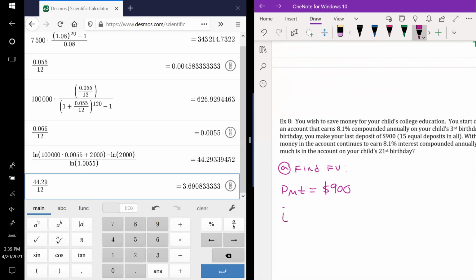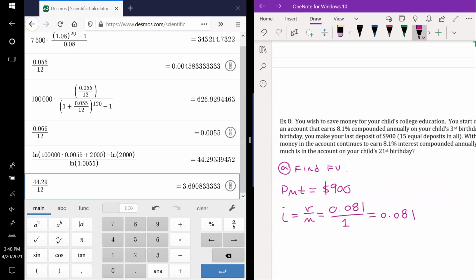So this means we can find I. I is R over M, and we're getting 8.1%. So that's 0.081 over, and we are compounding annually. So that means you get 1. So this gives us just 0.081. And then we started on our child's 3rd birthday and finished depositing on the 17th birthday, which is 15